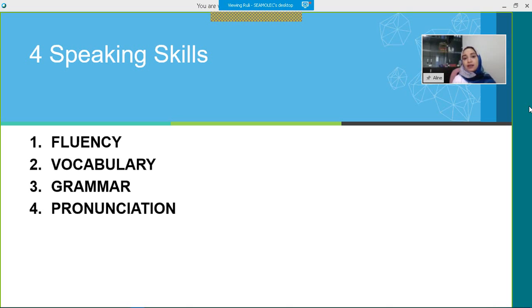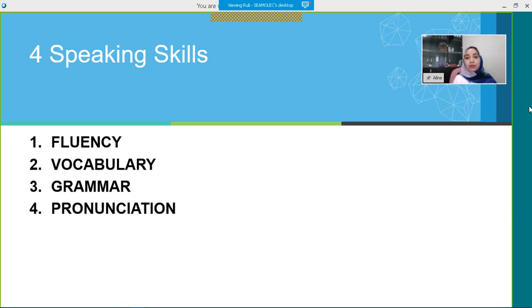The first one is fluency. Fluency is about how comfortable and confident you are in speaking English. If you can speak for, for example, 5 minutes, that is an indicator of strong fluency. It is also about showing a clear connection between each point that you are trying to make. This skill means that the listener can follow what you are saying, and they don't get lost. So the first one is fluency.